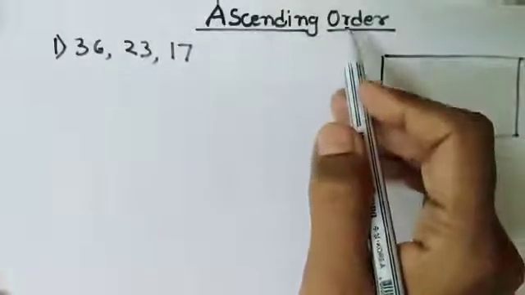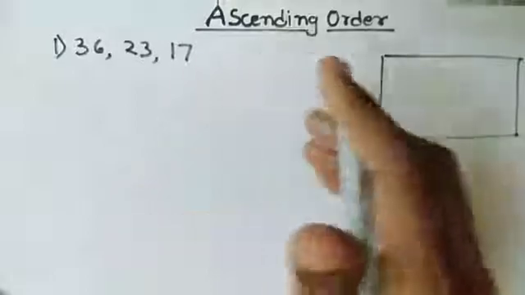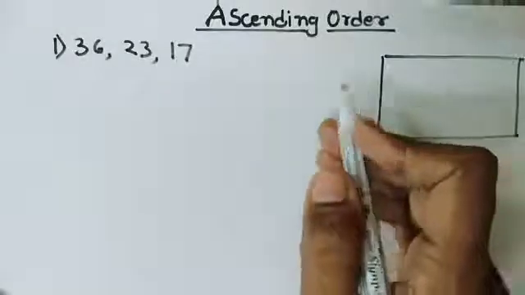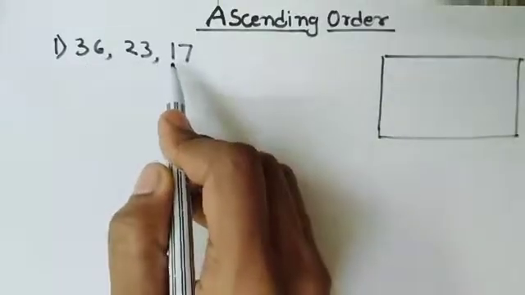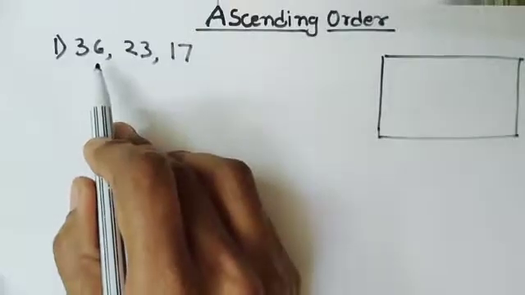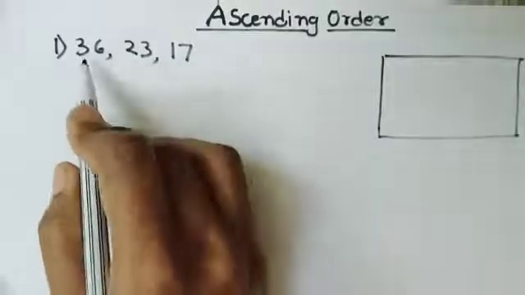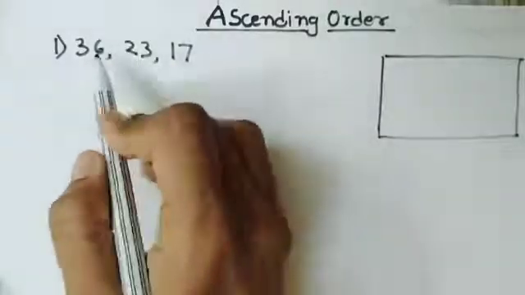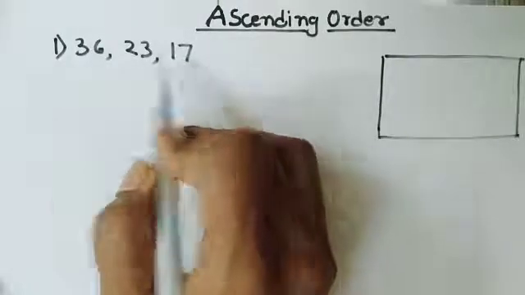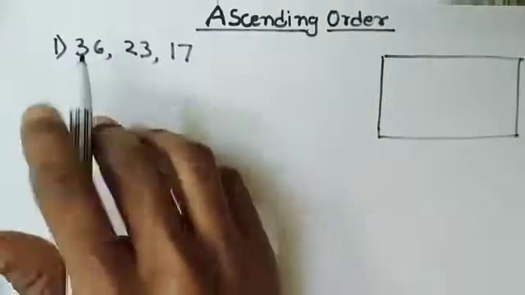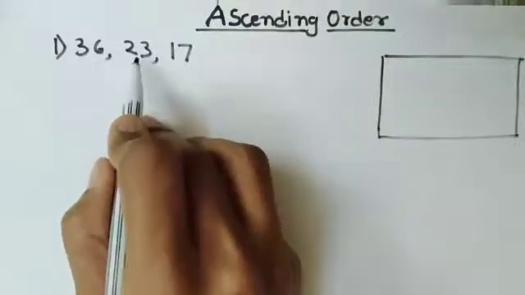Ascending order. Now we have understood that ascending order means smaller to bigger. So first, to put these numbers in ascending order, we have to find which is the smallest number out of these 3. For that, we have to compare each number with each other. Here we have all 3 numbers of 2 digits. To compare, we have learnt in our previous lesson on comparing numbers how to compare 2-digit numbers.